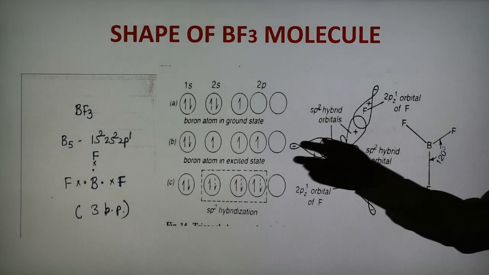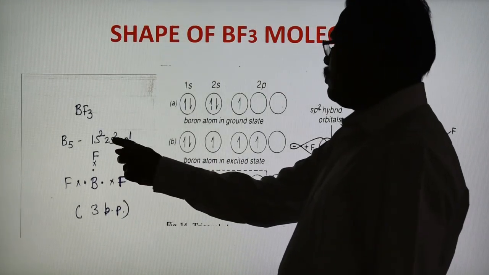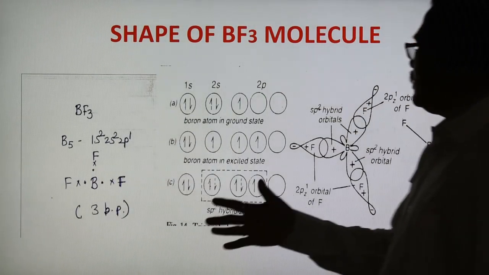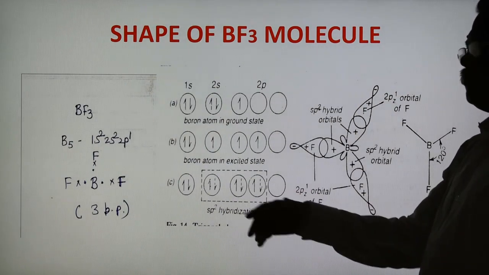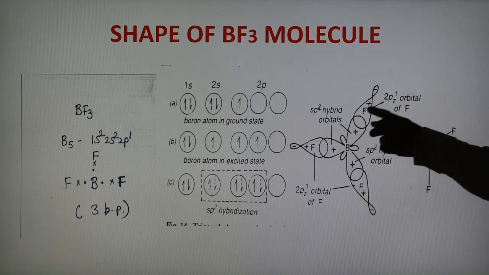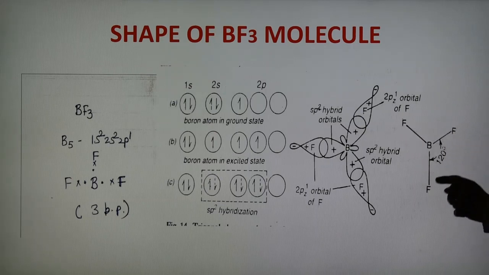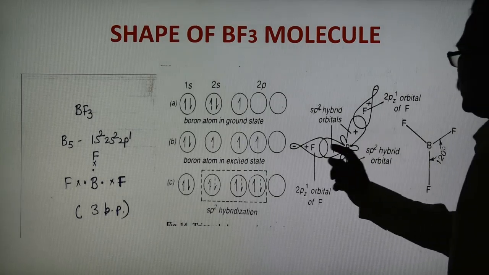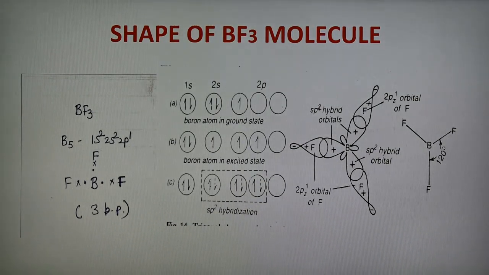So this is the electron dot structure. This is the configuration. In this case, there are 3 bond pairs. Hybridization is also sp2, meaning the shape is trigonal planar. Here they show the trigonal planar, triangles are there, and the shape is a plane triangle, and it also has a bond angle of 120 degrees. So this is the second example, boron trifluoride. The BF3 molecule has a trigonal planar shape, and the boron atom undergoes sp2 hybridization.